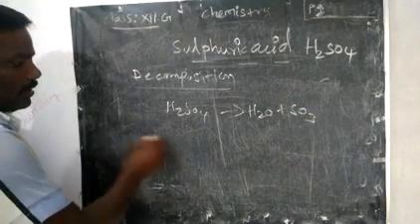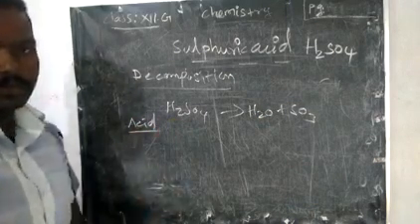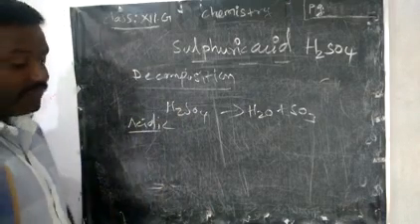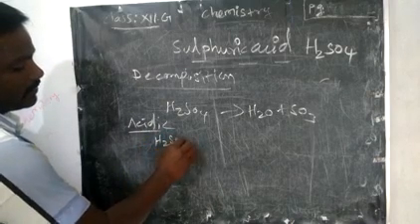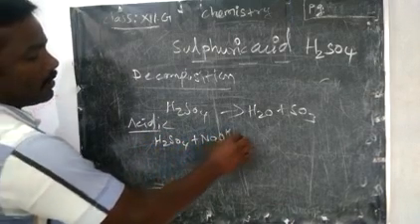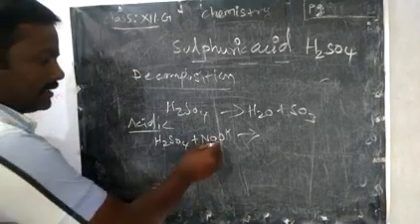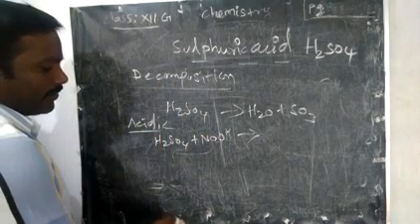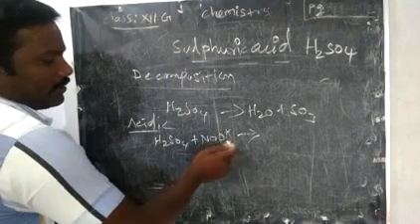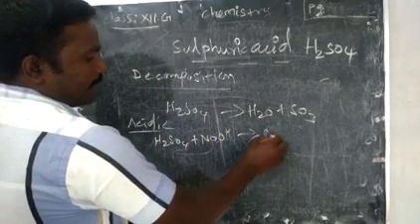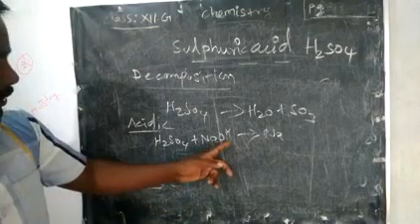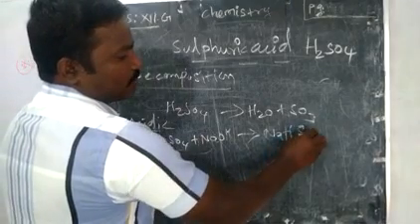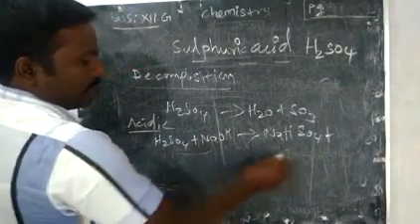Next, acidic nature. How does it act? We know that this is an acid. So how does it exhibit that acidic nature? We can take the reaction with base. First, with 1 mole of sodium hydroxide, sodium sulfate as usual, salt, acid with base, salt with water. The remaining hydrogen and oxygen become water. Here we have 3 hydrogen in total, so sodium bisulfate, NaHSO4, will form along with water.